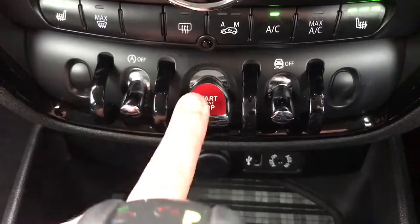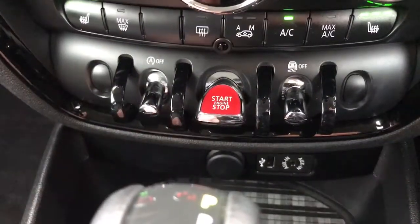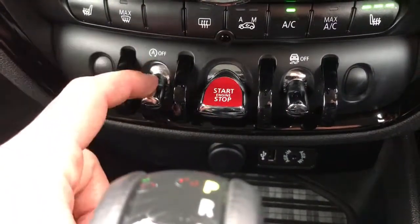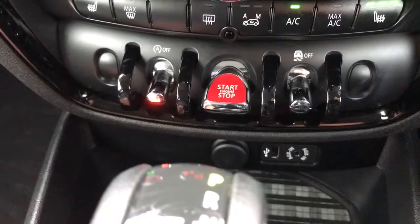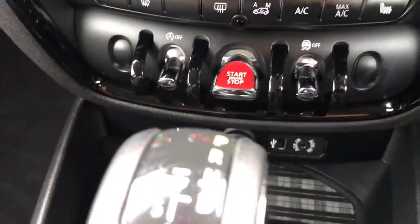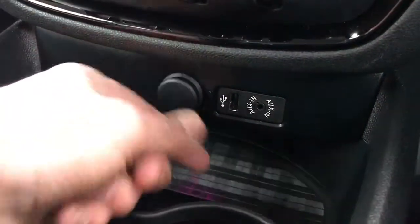This one starts and stops the engine. It's keyless start, so the key just needs to be in the car. Hit that button and it will start the engine. Same again to stop it. This car's designed to cut out in traffic to save you fuel when you're stationary. That button turns that system off, and you can turn off traction control should you wish to, which can be handy in the snow. Under that, you'll see we've got a 12-volt charging socket, which is underneath this cap,